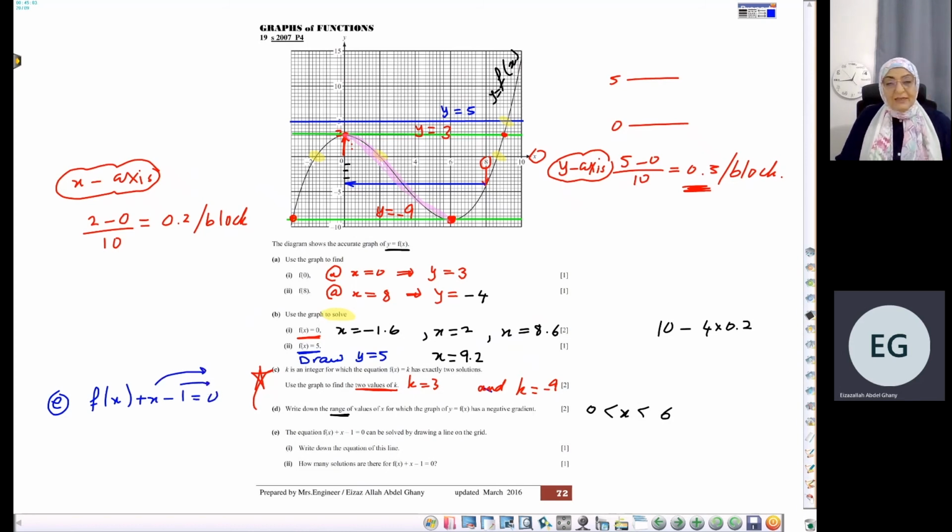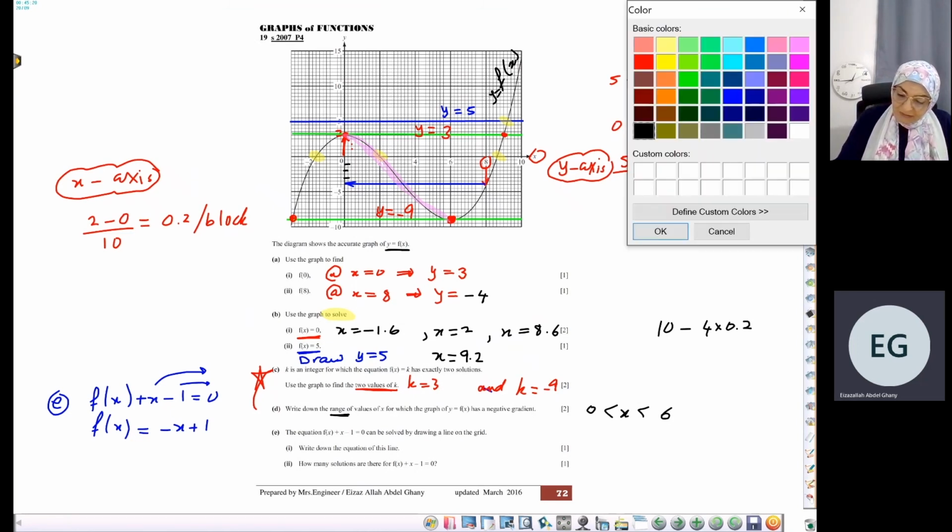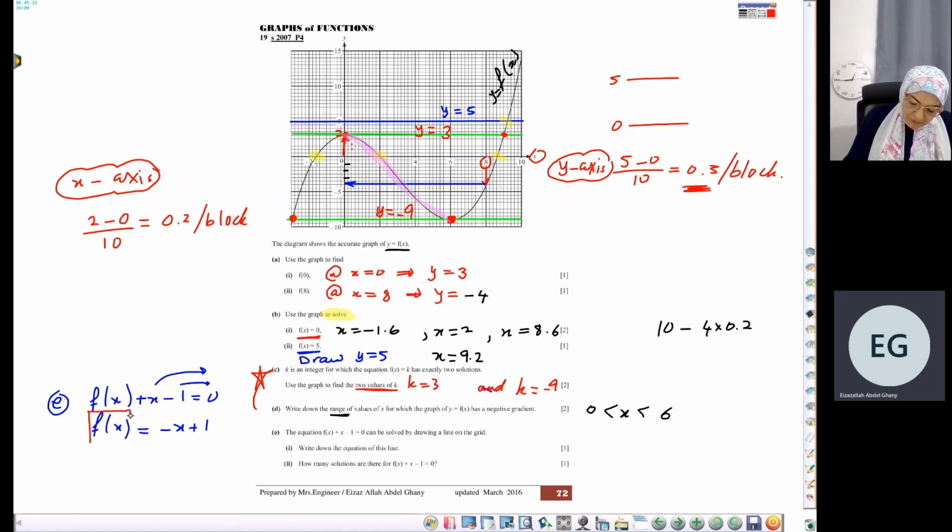We need to say a function and a function and an equal in the middle. A function which is already drawn, and here is negative x plus 1. A function and a function, and there is an equal in the middle. It means you have to draw. You tell me, miss, this is already drawn. y equals f of x is already drawn. What about this one? y equals negative x plus 1. It's a line to be drawn. So you need to draw it